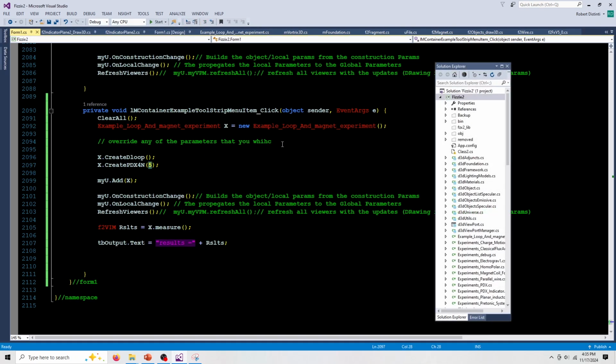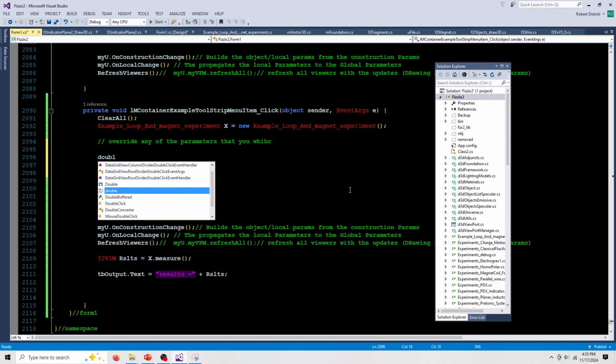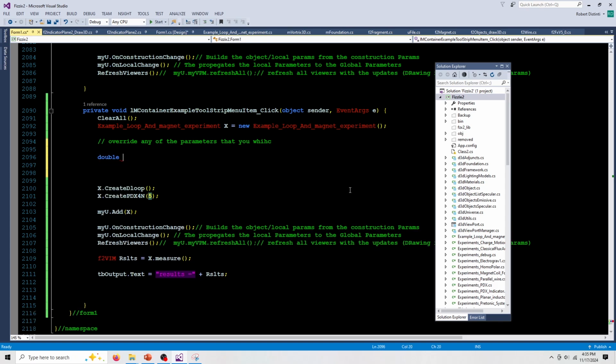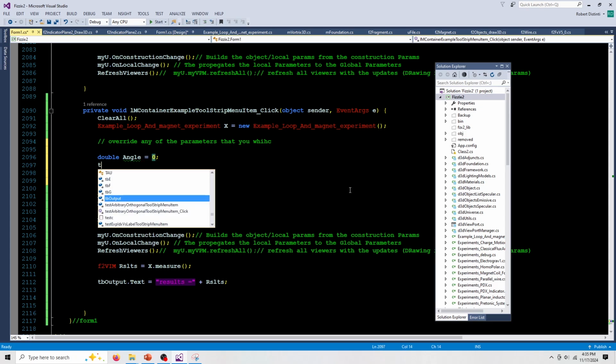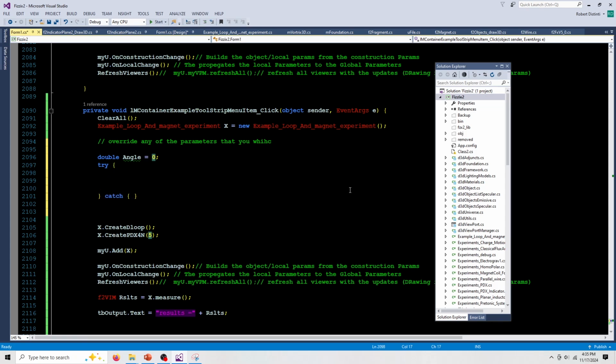So what we're going to do in here is we're just going to get a double angle. Okay, now in case somebody decides not to populate the field, we're going to default the angle to 0. And then we're going to put a try catch, just to catch anything. And then we're going to say angle is equal to